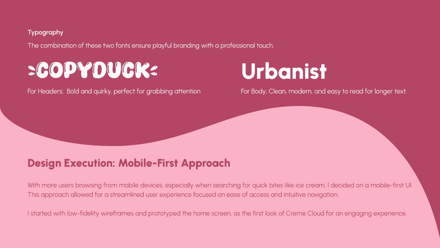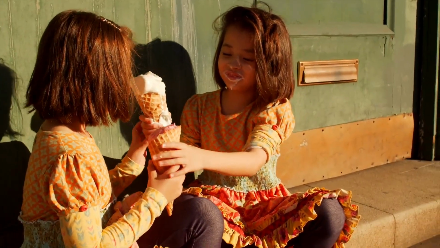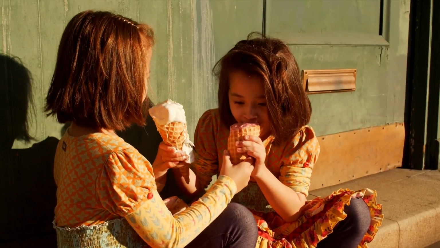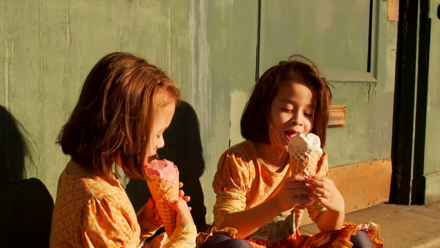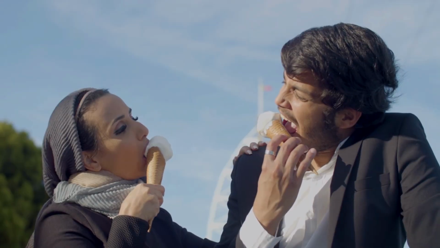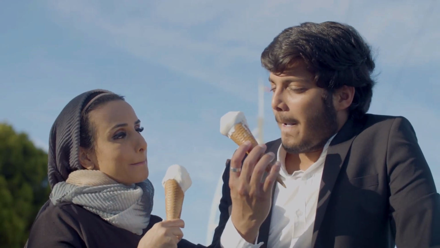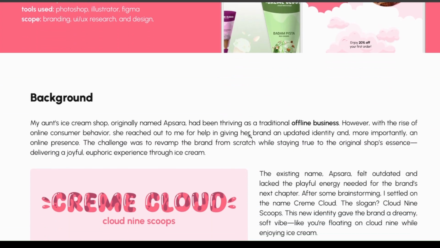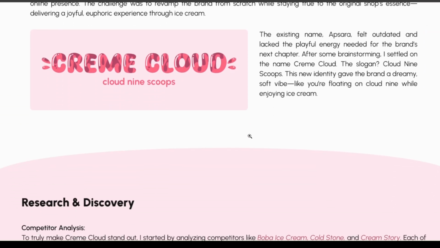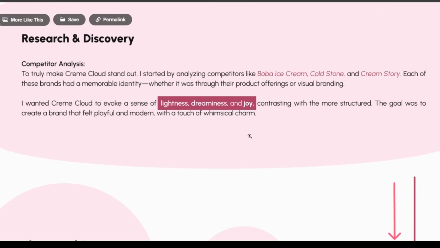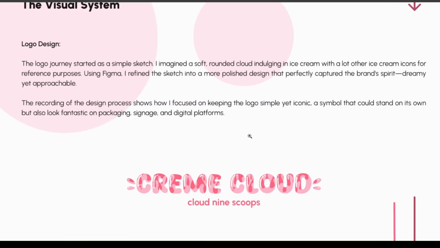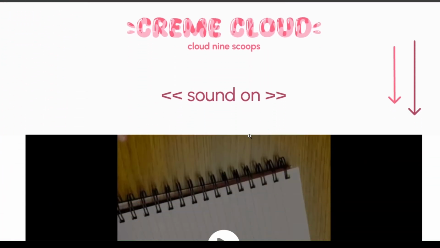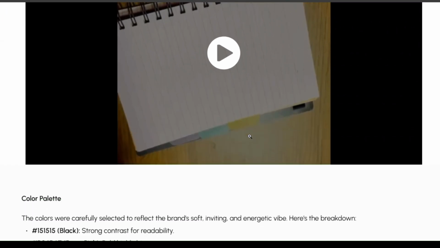So this is obviously a rebranding of an ice cream parlor. I definitely want to attract a lot of kids, youth, teens, adults to the ice cream parlor from the online forums. So how would I do that? I would definitely do that by choosing this font. But for the main content, I definitely want to keep it simple, readable, modern, and eye-grabbing. So obviously I went for a more sans serif, modern, simple font, which is Urbanist,